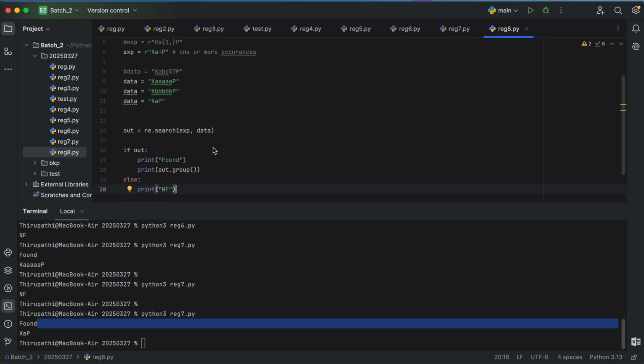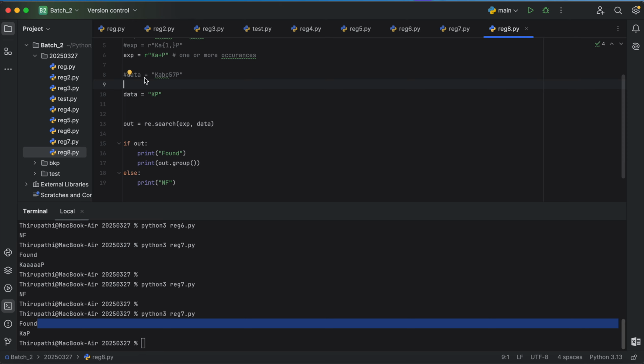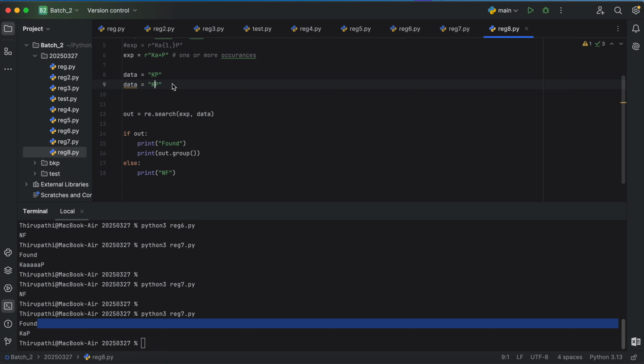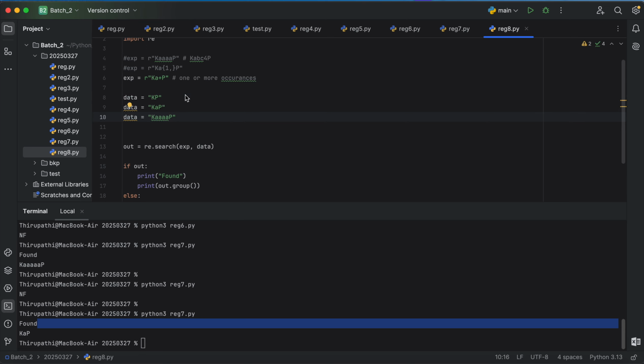Now see, if you want to match KP also, and KAP also, and KAAP also, right? For this, what can we do? Just simply